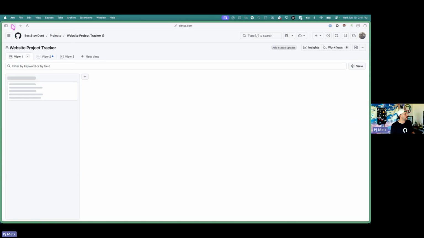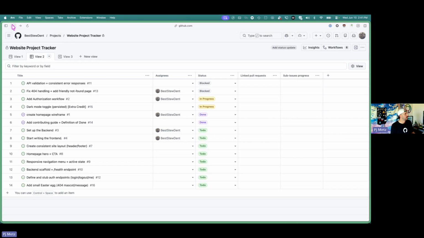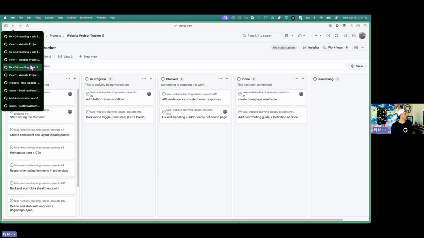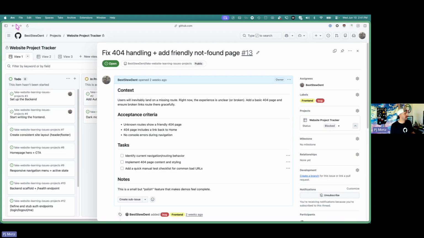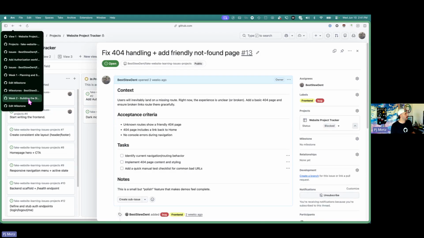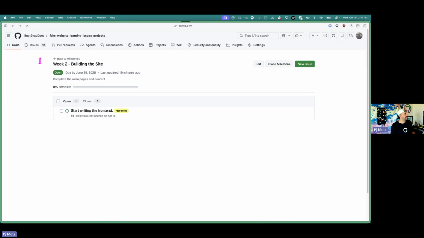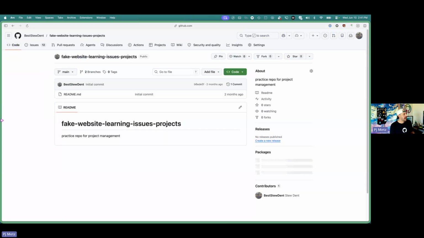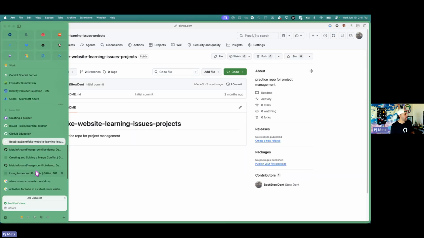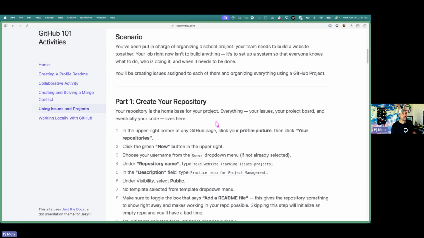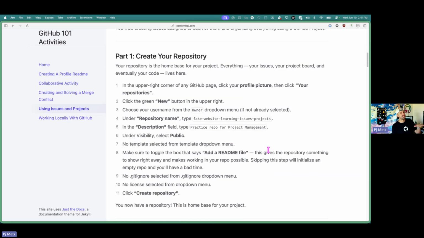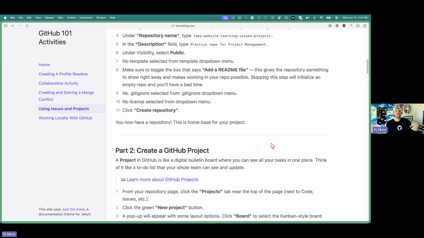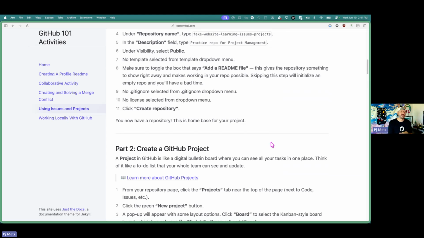let's go back a little bit to the actual repo too. Where are you? There we go. So all of this stuff, this repo and all of that is basically what I created. And when I finished creating it, I said, okay, so here's how you would do the same thing. And this whole activity is just so you can get used to clicking around and knowing where to go to do things.